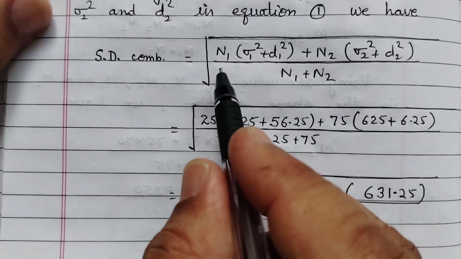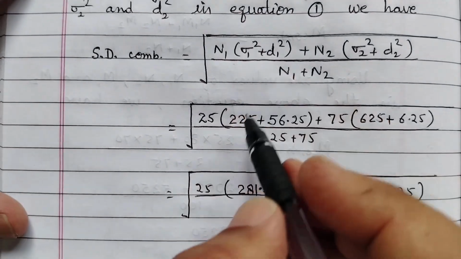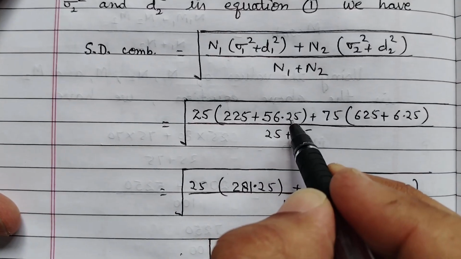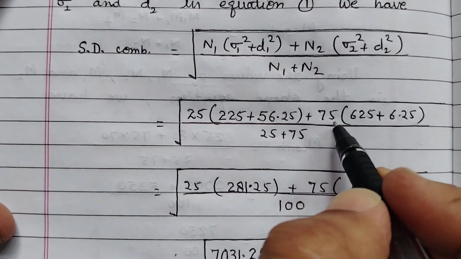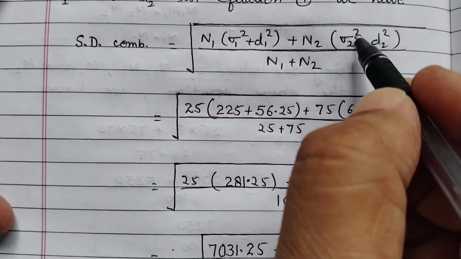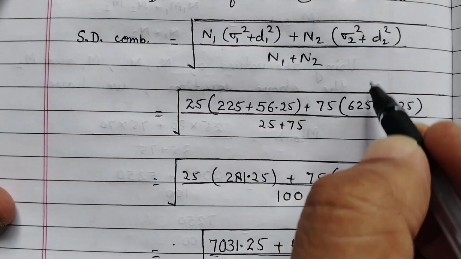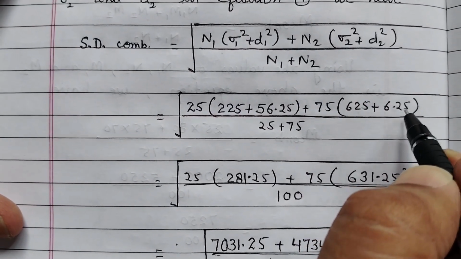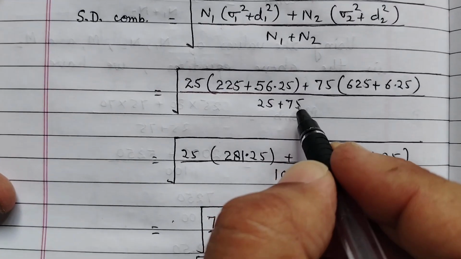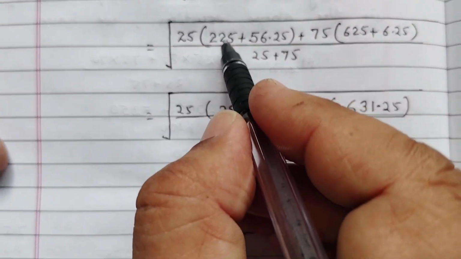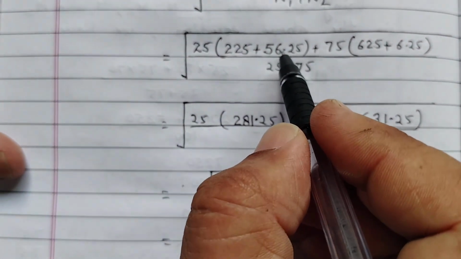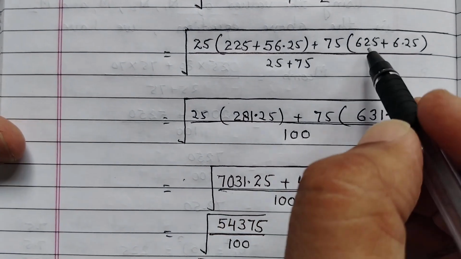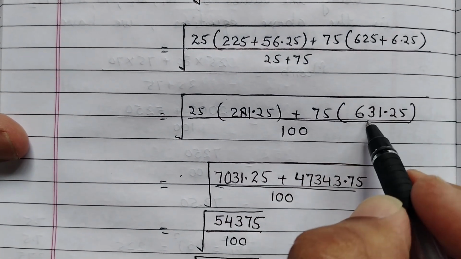Values are as follows. n1 is equal to 25, sigma 1 square is equal to 225 plus 56.25, plus n2 is equal to 75, sigma 2 square is equal to 625 plus d2 square is equal to 6.25, divided by 25 plus 75. Now 225 plus 56.25 is equal to 281.25. 625 plus 6.25 is equal to